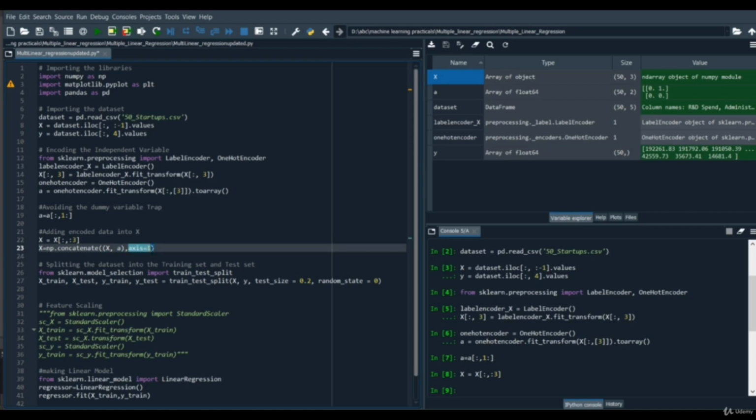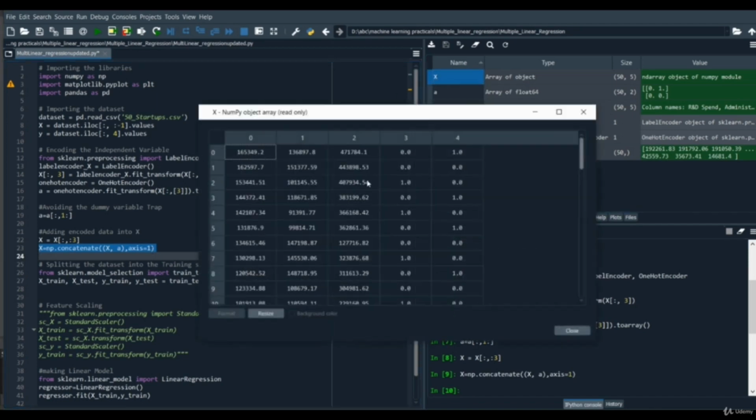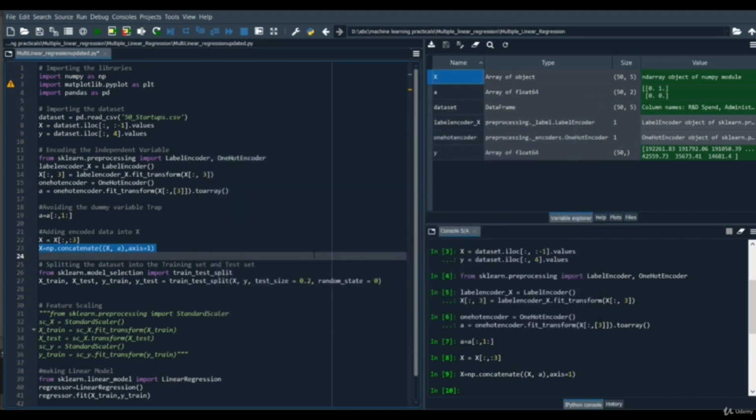So let's execute this line of code. As you can see here, now we have all the 3 values, which are R&D spend, marketing and administration, and then only 2 columns of one hot encoding format and not 3, to avoid the dummy variable trap.